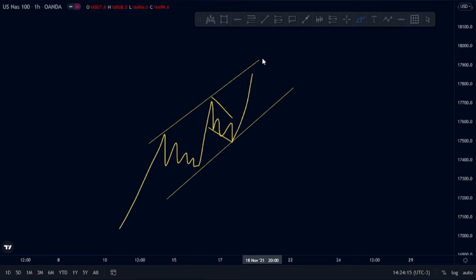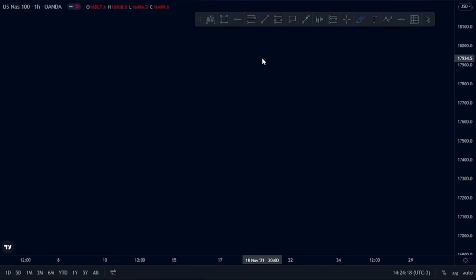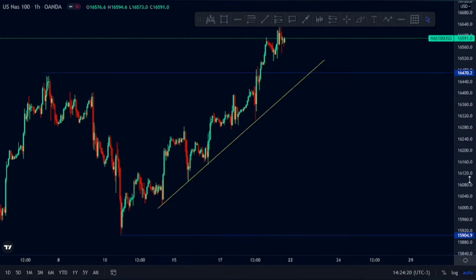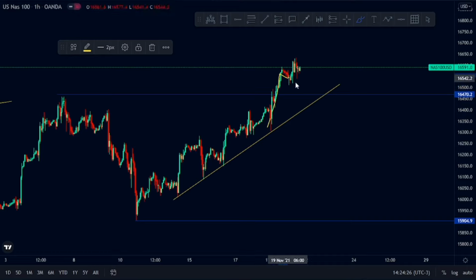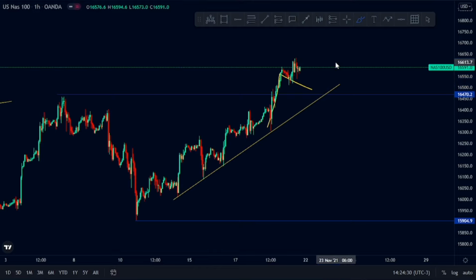So rather wait for something that is confirmed than taking these trades at the top there. Currently, NASDAQ is not giving me a reversal. It's still acting as a trend. This can be an impulse, obviously, and this can act as a continuation to the upside. Or price can give us our first confirmation as an ascending pattern,